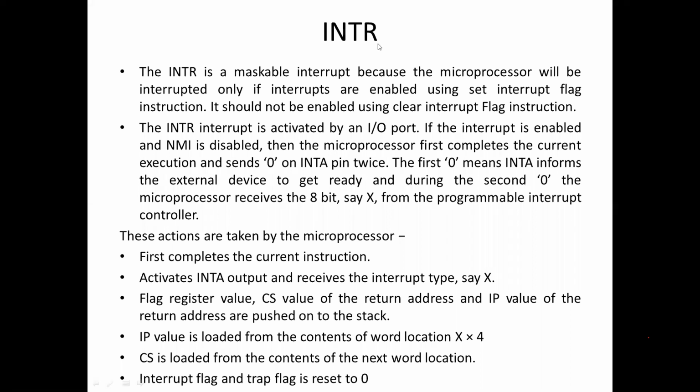The INTR interrupt pin is there for peripheral interrupts from the peripheral devices. It is a maskable interrupt, which means we can mask the interrupt as per our requirement. The programmer can mask the interrupt. If the programmer is performing any important program, then it may mask the interrupt so that even if the interrupt occurs, it will not be accessed by the microprocessor. And if the microprocessor can accept the interrupt and provide service, then it will activate the INTA output. That will show that now the peripheral device can communicate.